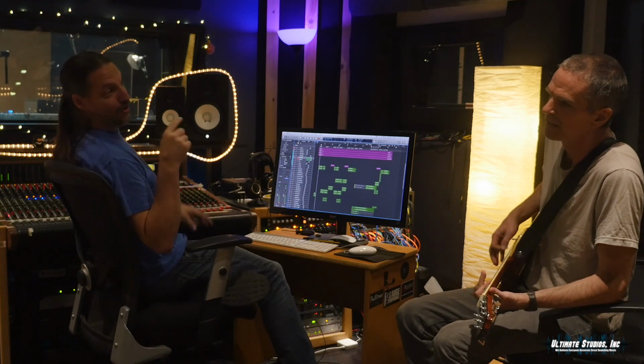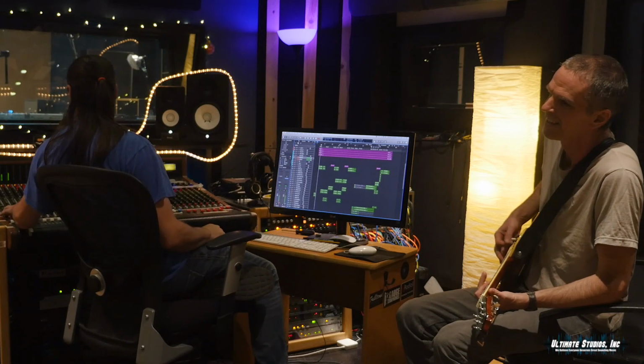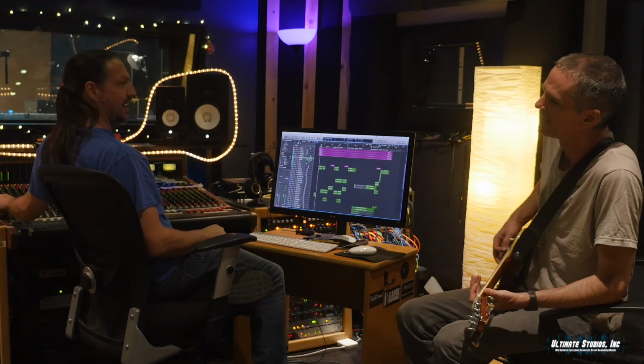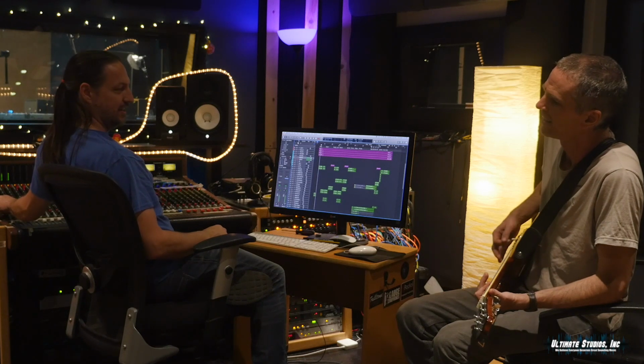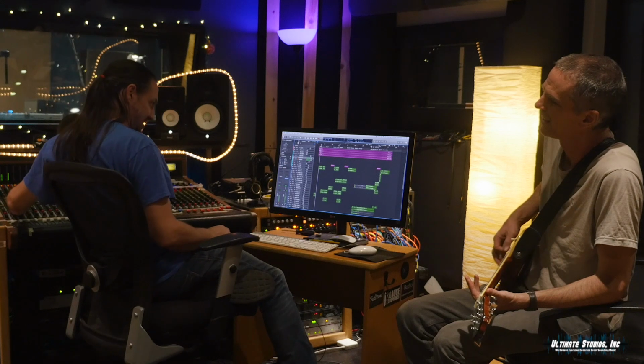That's the Hughes & Kettner with the 5150 on the front. It is thick. Both mics are at the same volume. And there's the Marshall. There's our mid-range. And together...